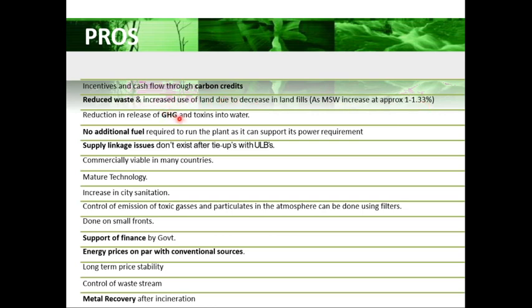Reduction of release of GHG and toxins into water, no additional fuel required to run the plant as it can support its own power requirement. Supply linkage issues don't exist after tie-ups with ULBs, commercially viable in many countries, mature technology,